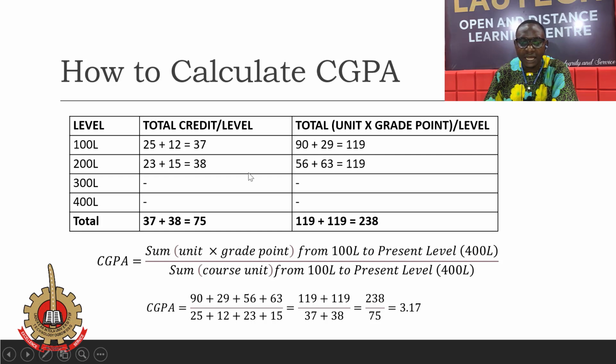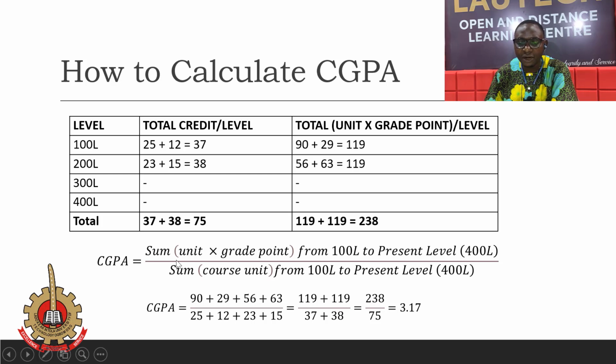So that means at the end of your 200 level, you have registered for a total of 75 units. And based on your result, you are able to have the sum of product of units and grade points to be 238. I hope you are following. Alright. Now, in order to calculate your